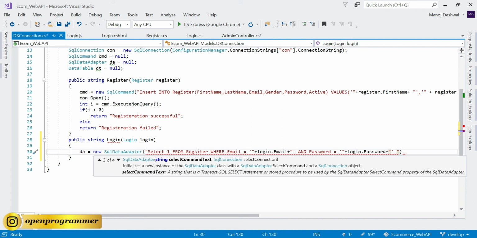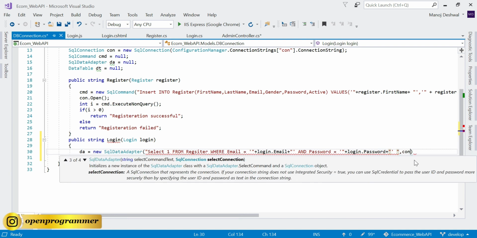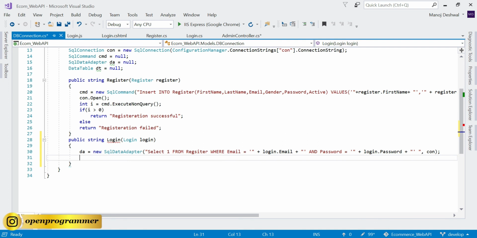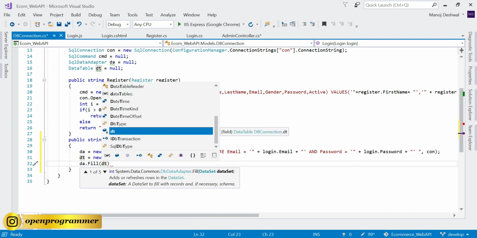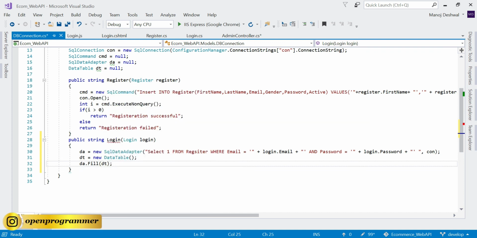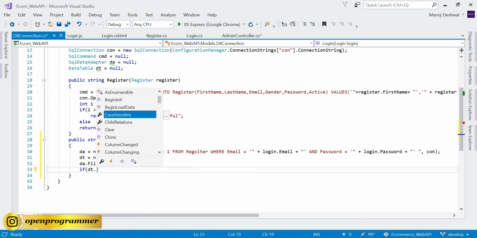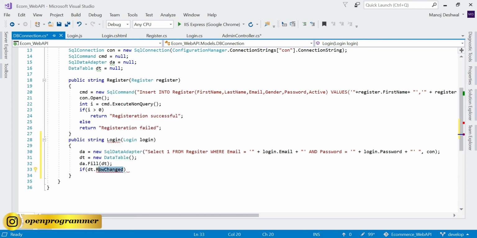Perfect. What is missing? I need to pass the connection object. And now dt is equal to new data table and da dot fill. So it will fill all the data whatever it is getting from this particular command. So if these credentials exist in the table, it will return 1. So let's check if dt dot rows dot count